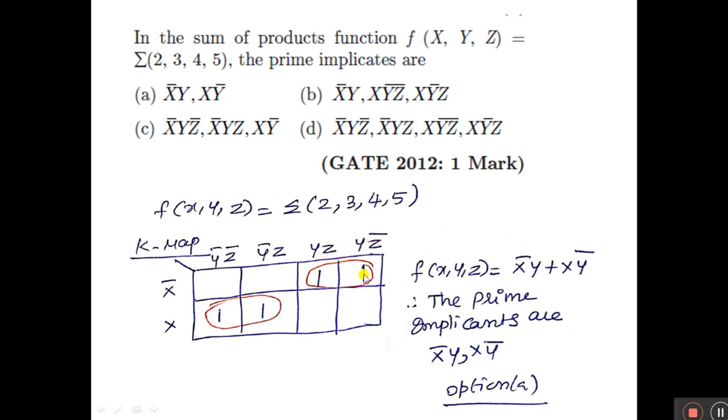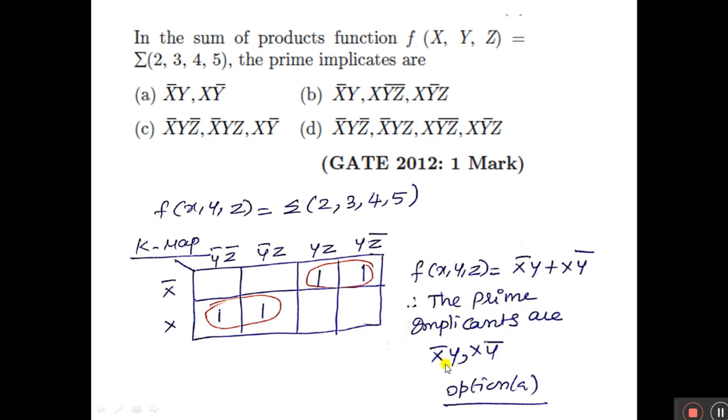So for this group I can write x bar y. For this group, z bar and z are variable, so y bar is common, so I can write x y bar. So the expression I get is x bar y plus x y bar. So the prime implicants are x bar y and x y bar.